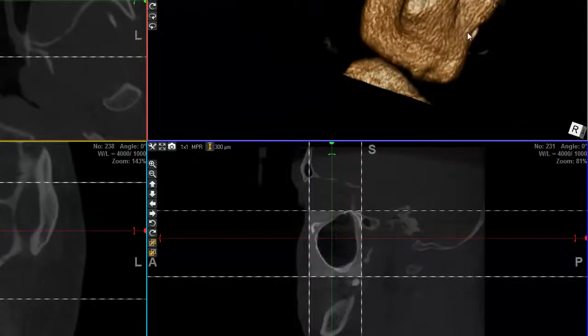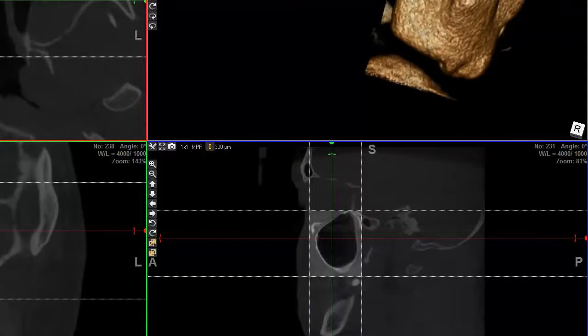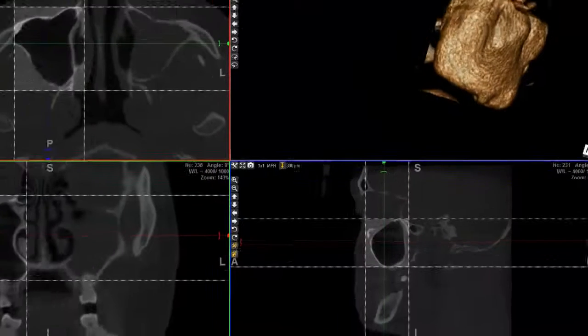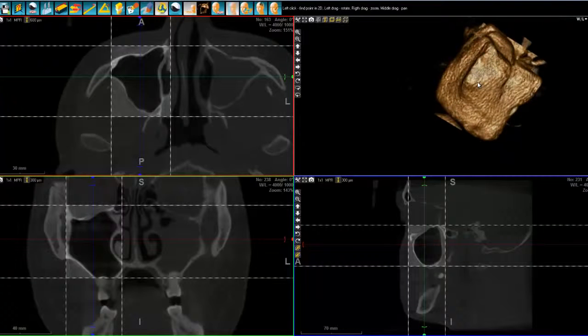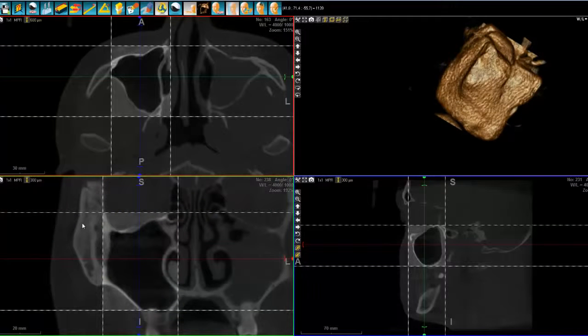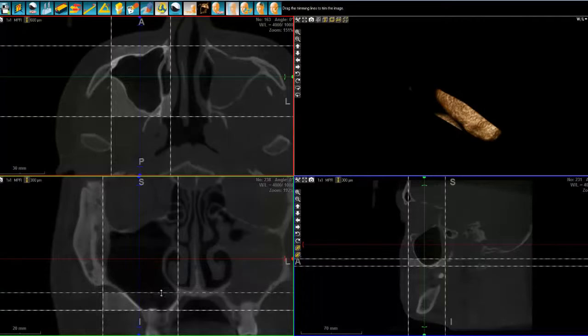But of course I could do calculate volume here, but at this point in time it wouldn't give me any good information. Why? Because I would get simply the volume of the full sinus, which is not the target that we want, because we want to have the volume of the biomaterial. So let's define a level where we're going to put the biomaterial. Let's say that this intersection here is going to be more or less the level. So I simply drop here